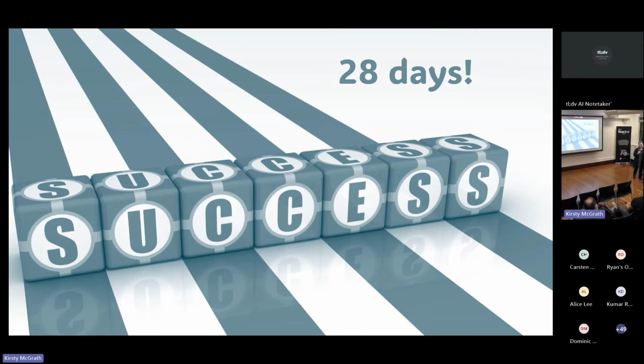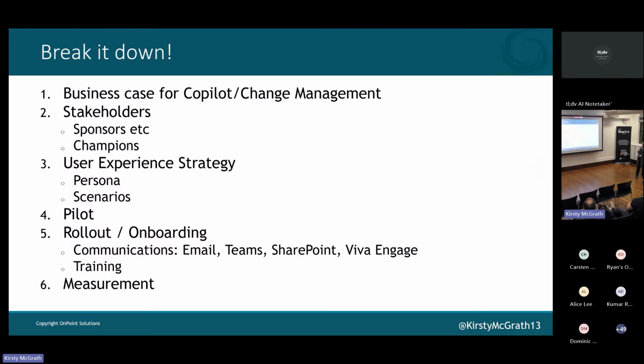Who's got some old legacy systems where they rolled it out and then there were 5 people in the whole of the business using it, and you spent 1.2 billion on it. There's plenty of those out there that got deprecated, I can tell you now. So when we break it down and look at an adoption program, often we even bring measurement right up